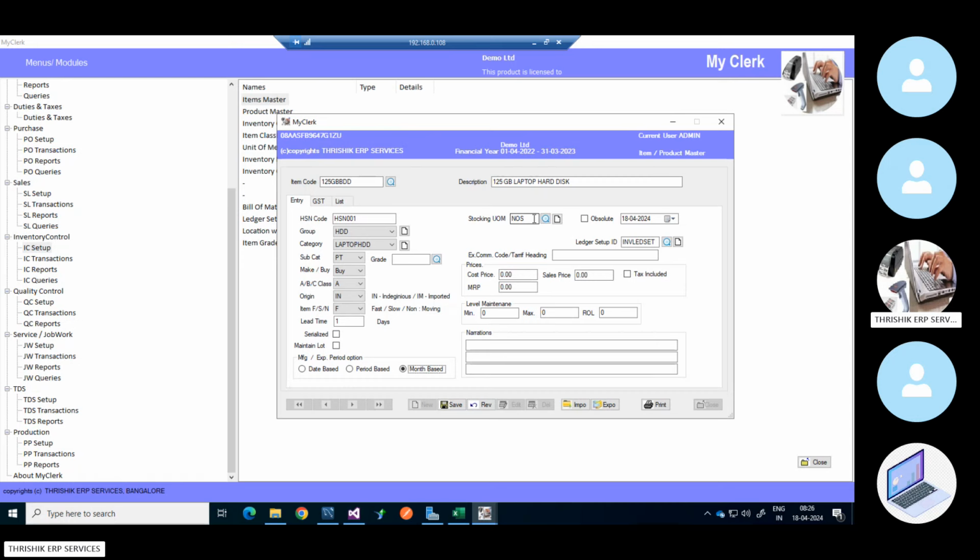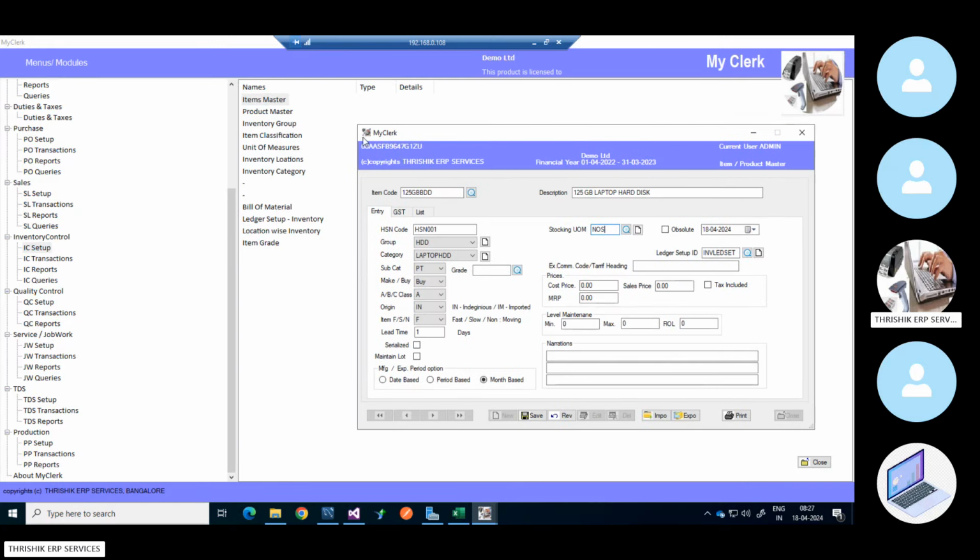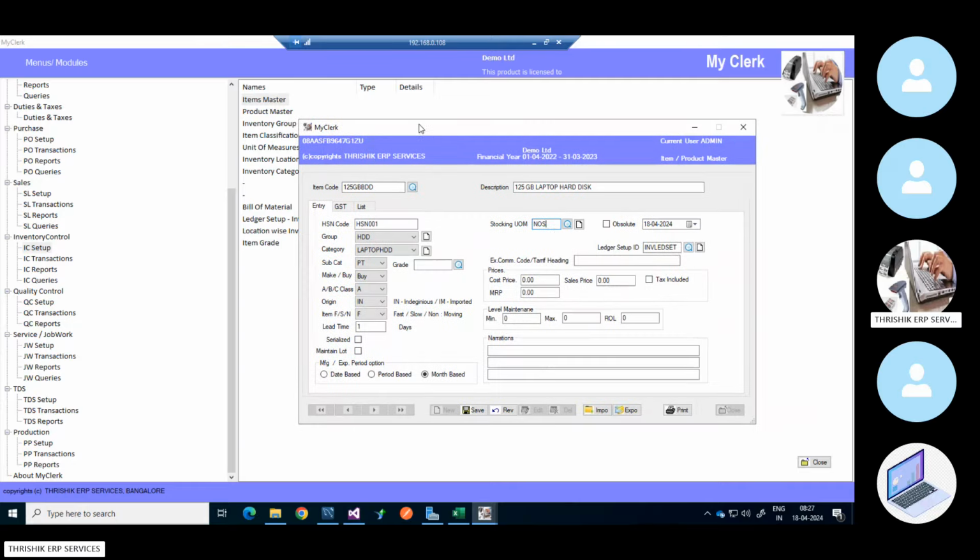Next is the stocking unit of measurement. Though you can transact using multiple units of measurement, the system is prompting here to maintain in which unit of measurement you want to see your stock. Okay, for this stocking unit of measurement, there is a master available, the unit of measurement master in the inventory control module. You can see it behind the screen. Once we create the unit of measurement over there, those units of measurement will come over here in the help finder button. Okay,